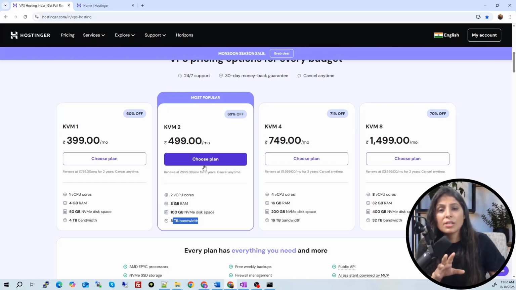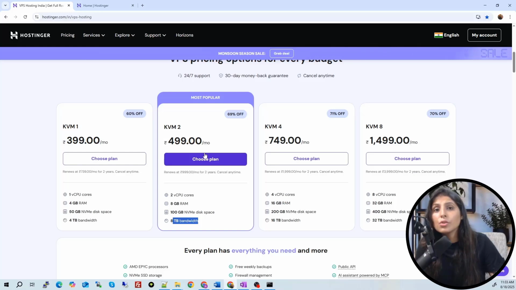Once you purchase this plan and do the initial setup, see, when you purchase VPS plans, what happens is you get a blank machine with nothing installed on it. You install everything yourself. First you install the operating system on it. On the VPS which I'm using, I have installed Ubuntu 24.04, and on that I have installed all the required packages to run our code today. So let me show you that part.